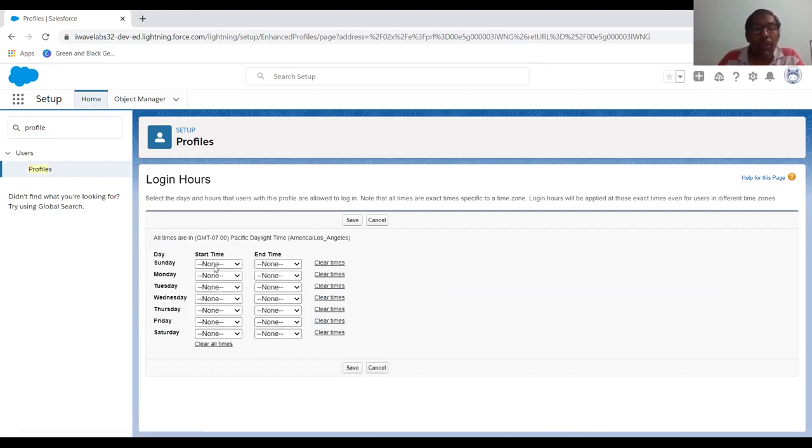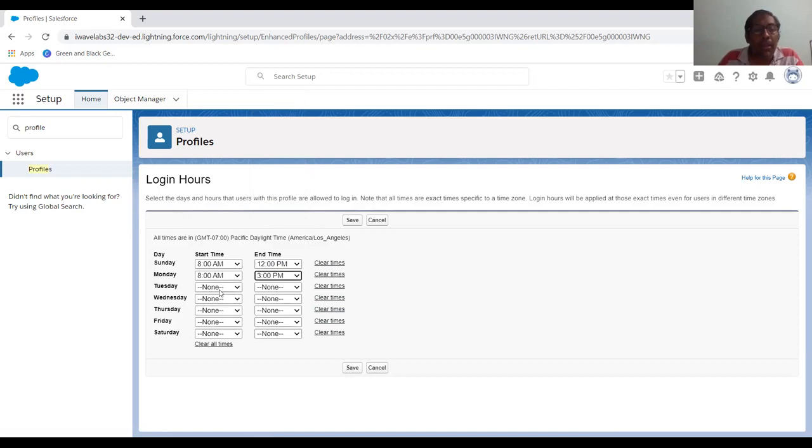So on Sunday, what is your login hours? Say for example, it is going to be between 8 AM, and end time is going to be 12 PM. Whereas from Monday onwards, it is going to be between 8 AM and 3 PM.